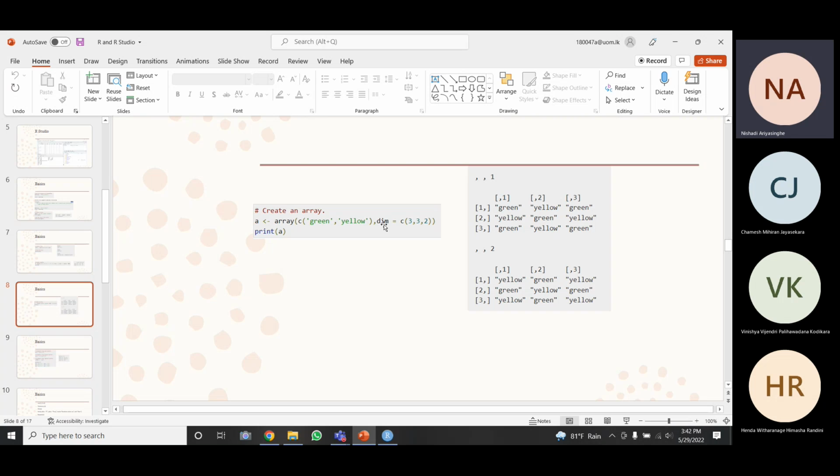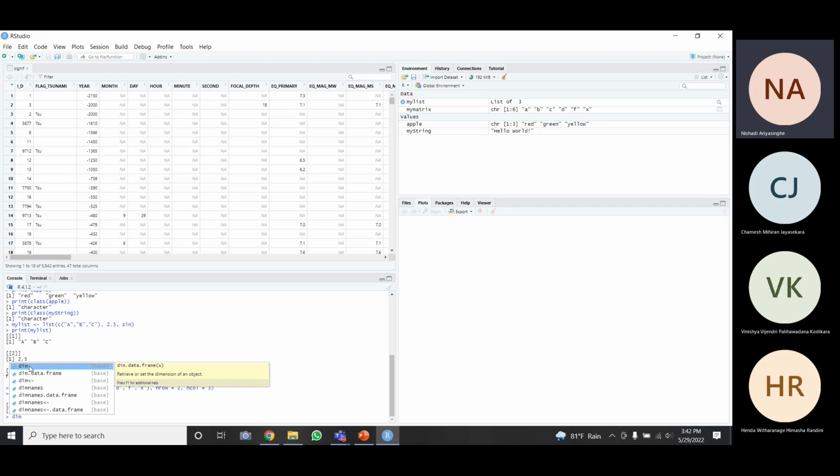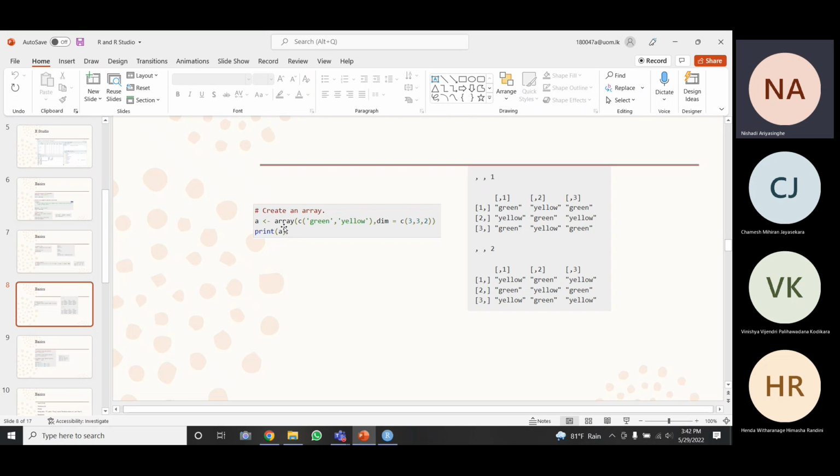So here dim means the dimension, right? Dim, dimension of an object. You can see here, when we are creating an array, first of all, I have given 2 values here, green and yellow characters, and I have given the dimensions.